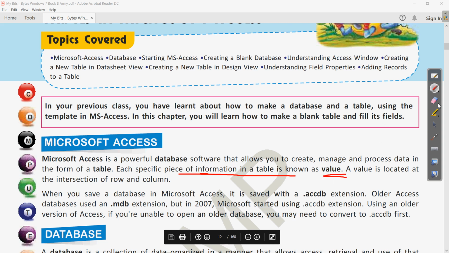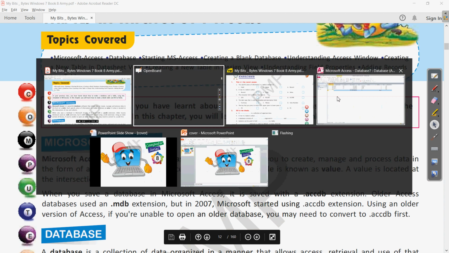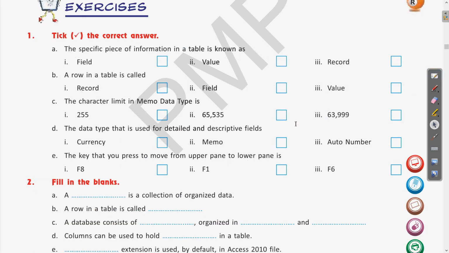Okay, let us come back to the page where the exercise is. So here we are on the page. The answer of this will be value. Keep marking, or if you have already done it, you can match it. Next is, a row in a table is called. This we are already familiar with, we have gone through it multiple times.